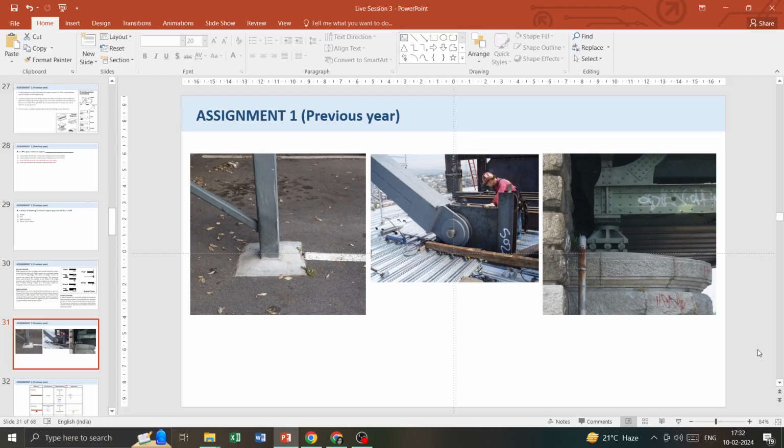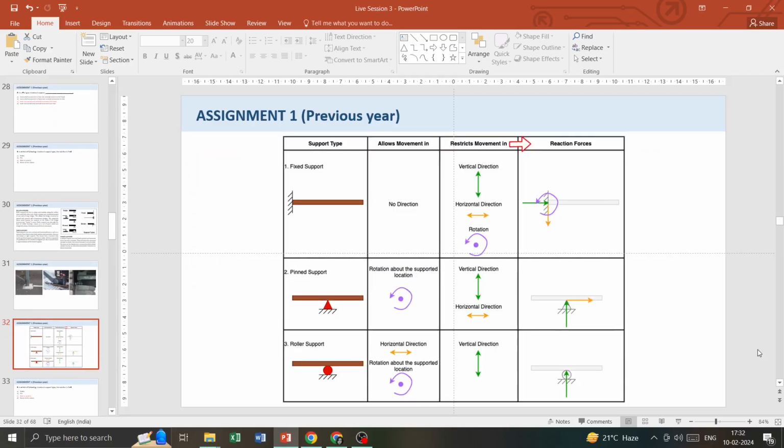Then in the third example, we have the roller kind of example. We have bearings on it, because of which it can move a little in the horizontal direction and it can also rotate. The mechanism is such that, to give a better example,